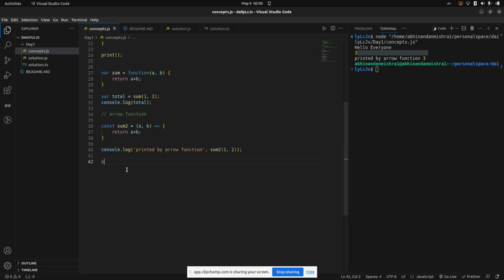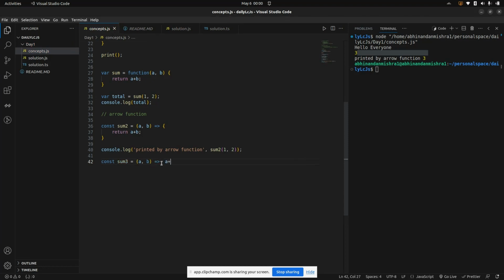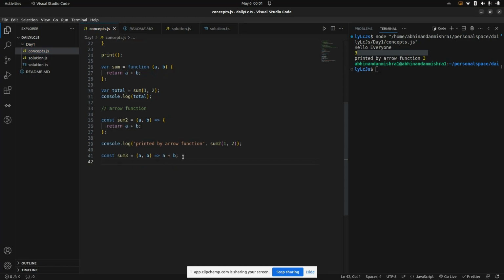So what we can do is, you can just write sum 3, and we are passing two variables a, b, and we just write a plus b. This will return the same thing that has been written here. If we print this again,